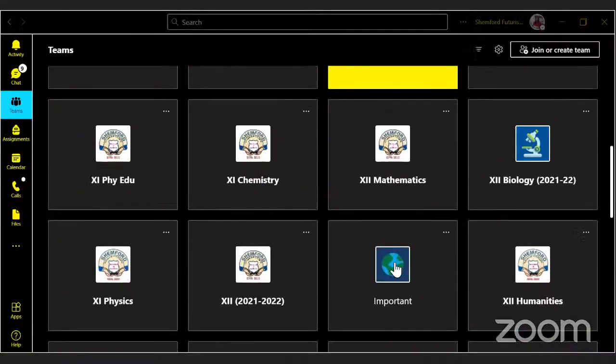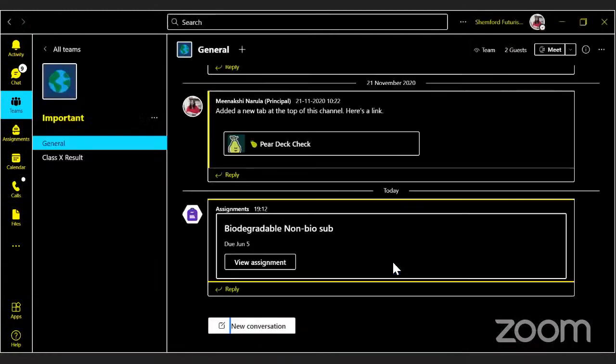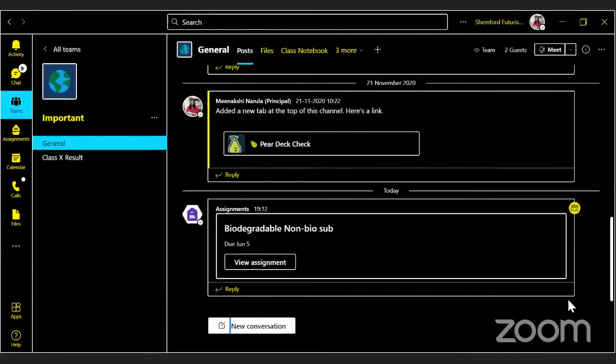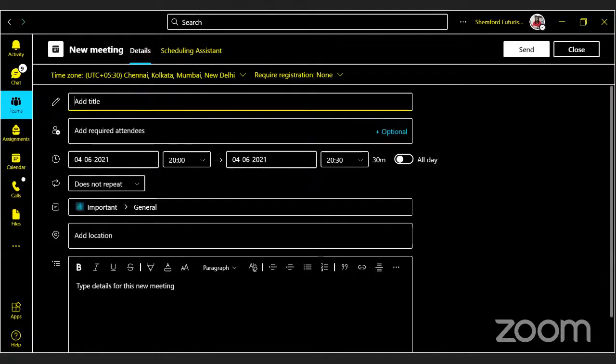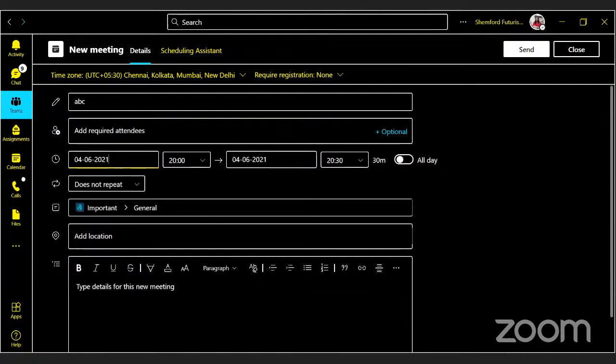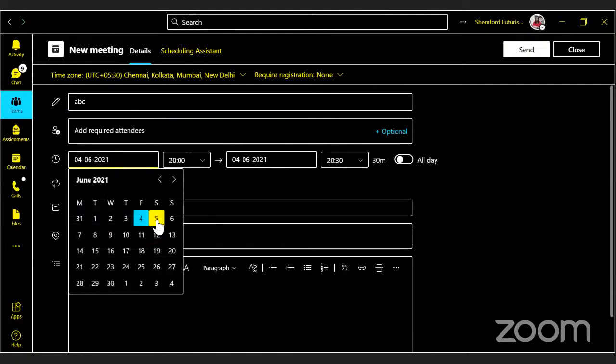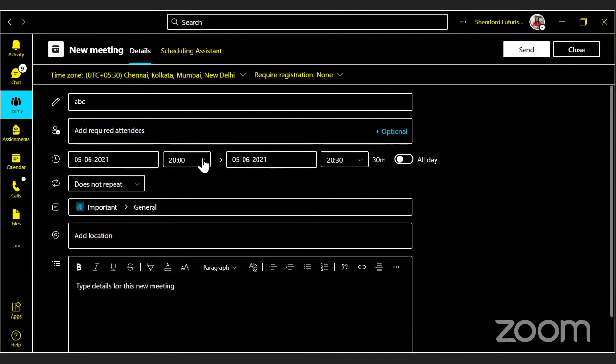Microsoft Teams. Okay, so I am going to this thing only, and then I'm clicking over here. From here, schedule a meeting. Adding a title, I'm showing how to schedule meetings. ABC meeting. If I want to select attendees who have to attend mandatory, I can select. Otherwise, for everyone I'll be sharing the link, so that is okay with me. Date and time from the calendar. Suppose I'm selecting 5th June. Time, anytime I can select.